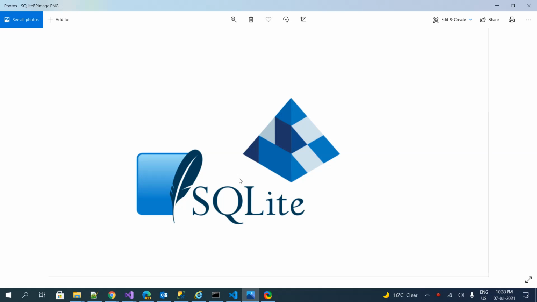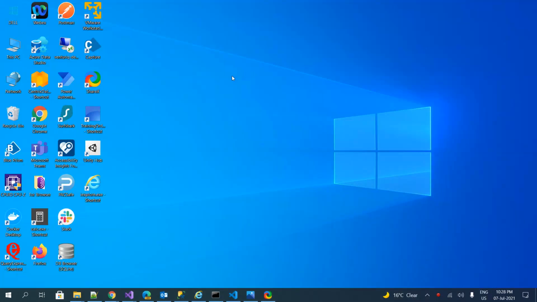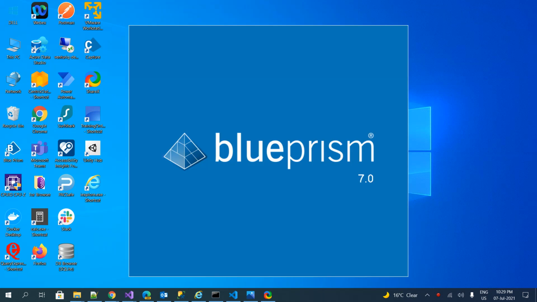Welcome back. Today we are going to discuss connecting to SQLite database with the help of Blue Prism. For this, we have created a small VBO with the help of Blue Prism code stage. Let's get started. I'll show you the step-by-step things that we have performed,